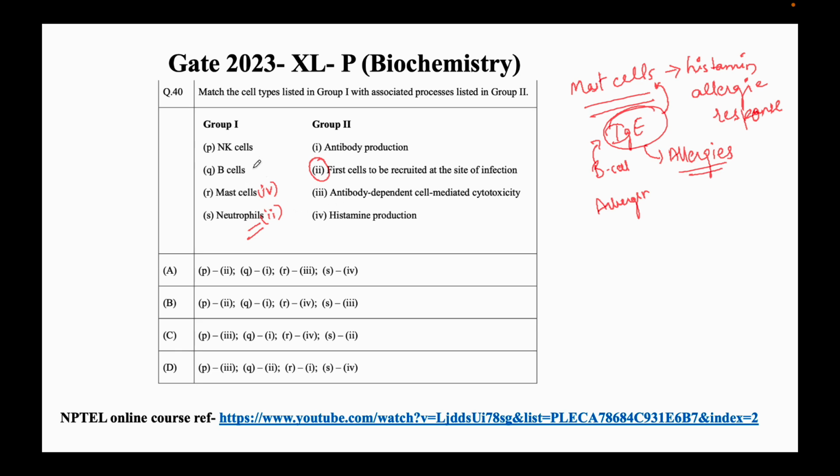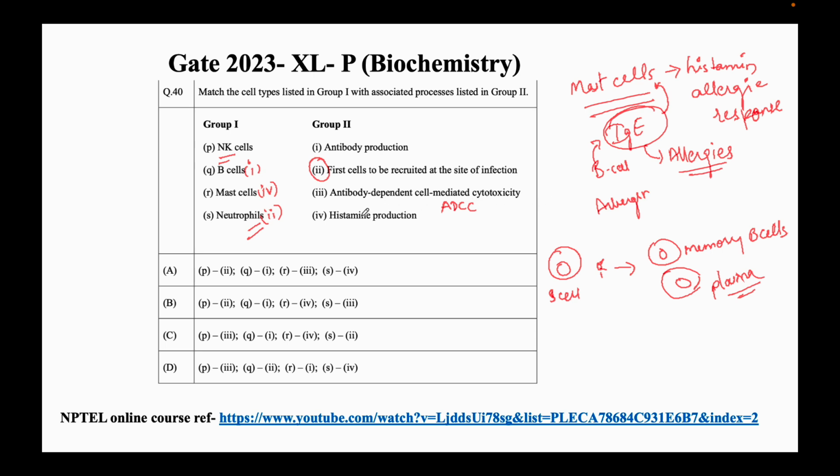B cells, as we studied, are the primary cells which produce antibodies. When B cells encounter any antigen, they divide into different populations of clonal B cells, and mainly divide into memory B cells, which will have a memory, and plasma cells. This plasma cell is capable of producing a large titer of antibodies. So Q1. And NK cells, which are the natural killer cells, are responsible for